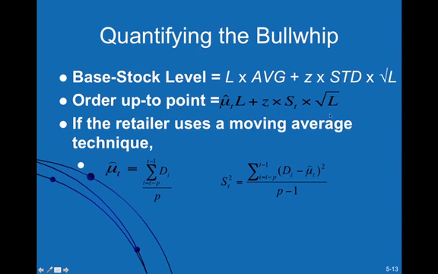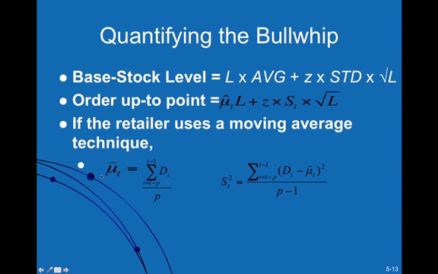So this is just the mathematical formula for this, where if the retailer is using a moving average technique, this is how the retailer would assess the average demand. If it's a 2-period moving average, use the last 2 periods. P then becomes your number of periods, and you simply add the demands for the last 2 periods and average them. That's a 2-period moving average. P is 3 for a 3-period moving average. Then you'd estimate it by using the last 3 periods and then divide by 3.